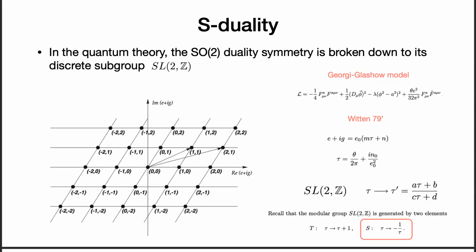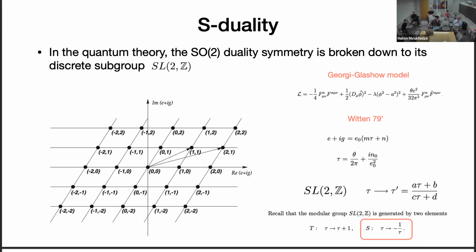I have a question about this. Is it that the quantization breaks the symmetry, or is it just spontaneously broken? Like is it a Higgs mechanism sort of situation, or is the symmetry just not preserved under quantization? Well, first of all, this is a different theory. It's not Maxwell theory anymore. It's a non-abelian theory. In the non-abelian theory, there is no classical duality of the equations of motion. There is no electromagnetic duality.